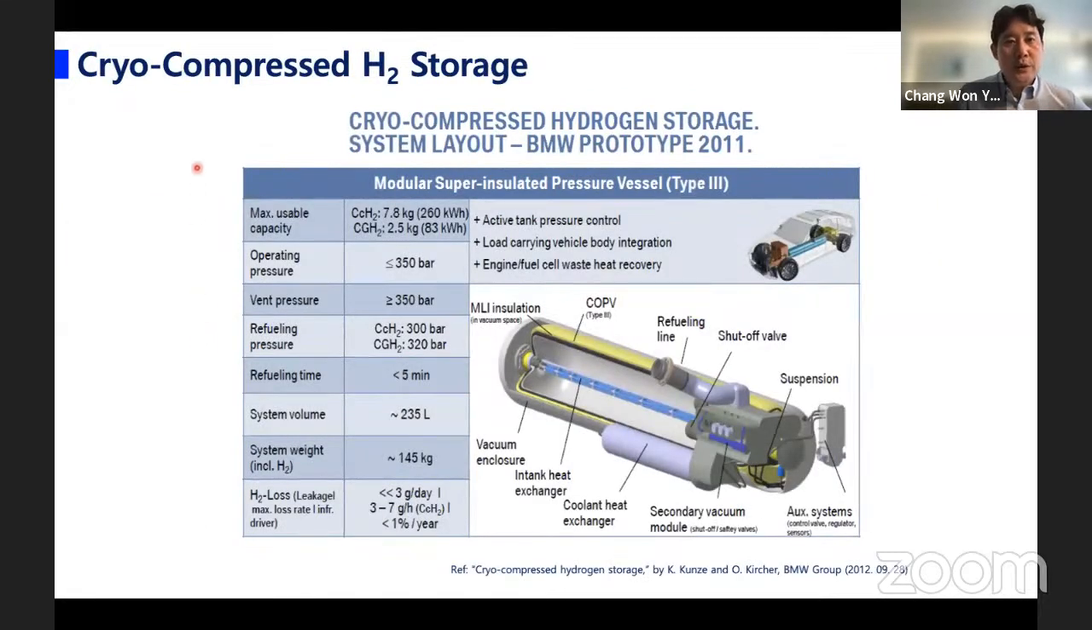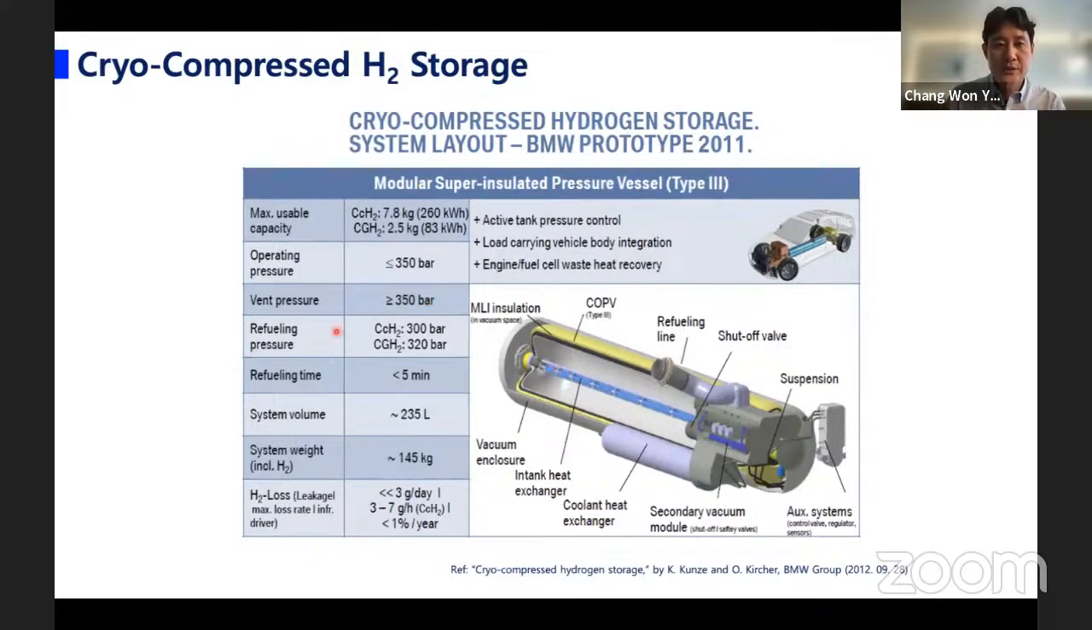And we can also store hydrogen using compression technologies combined with the cryogenic liquefaction technology. This is called cryo-compressed hydrogen storage, which is still, again, a physical hydrogen storage. This is a cryo-compressed hydrogen storage tank, which was developed by BMW in 2011. So the basic concept here is you store hydrogen under really, really low temperature and